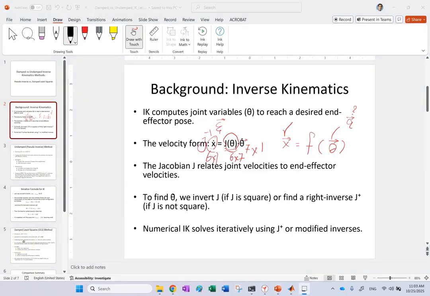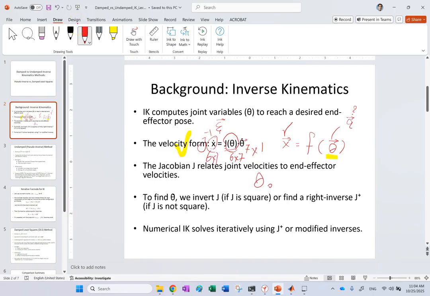And then you might say, well, I want theta, I don't want theta dot, right? The inverse kinematics should give me the angles, not the angular velocity. So why even do I use this in the first place? Because this gives me theta dot. You're right, but if you're starting from some initial theta 0, and you know the theta dot that you need to reach this specific end effector velocity at the moment,